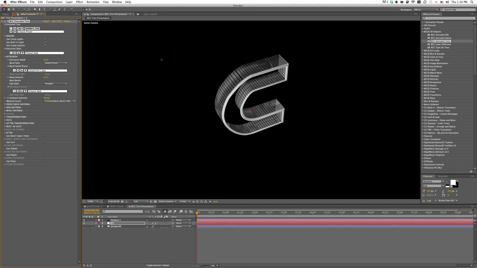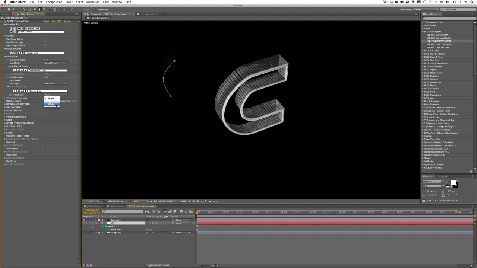And the next thing I want to adjust is the side. So it's set to straight right now, but I have the option of using, again, a saved preset, just like you just saw, or I can use a host path. So I'm going to show you the host path instead this time. I'll choose host path. And what I'm going to do is grab my pen tool and just draw right on the layer. And I'm just going to do this little arc here. And that's mask 1. If I click the layer and hit the M key, you'll see mask 1 has been added to the layer. So under the host path here, side host path, I'll choose mask 1 from the pull-down